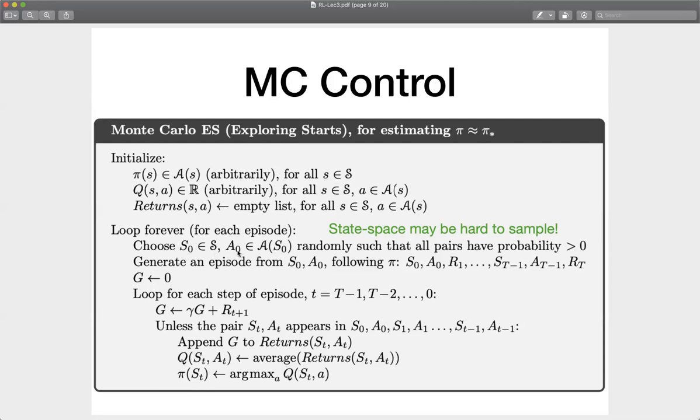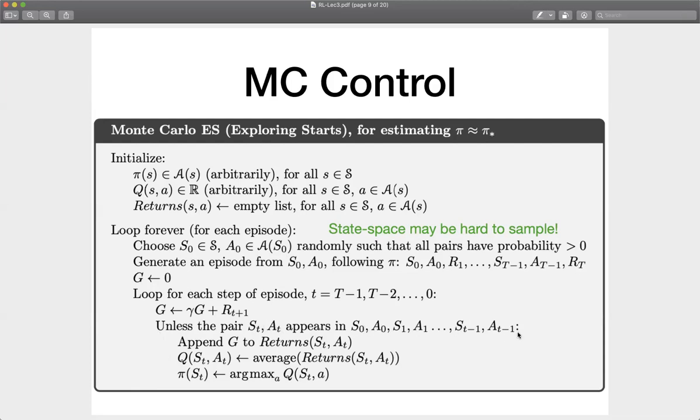Basically, it means that you have to sample the initial condition, the starting state, well. And like I said, that might be hard, right? Also, notice right here when we're updating, you need to be in this exact state action pair, right? This state, I took this action. I could have taken a different action, but I took this specific one. So this specific state action pair,